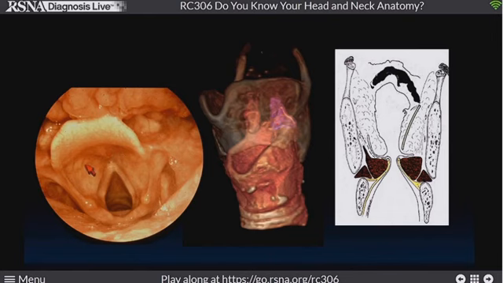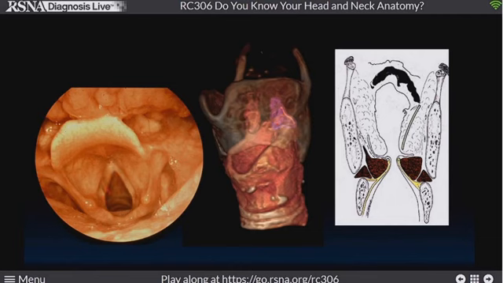But this is the endoscopic view of the larynx. And now everything that we do with imaging in the larynx, we're going to be looking with the thought that the surgeons are going to go in and look at all this mucosa, so we're not really responsible for that. But we're going to be thinking along the lines of the patient may be undergoing endoscopic surgery.